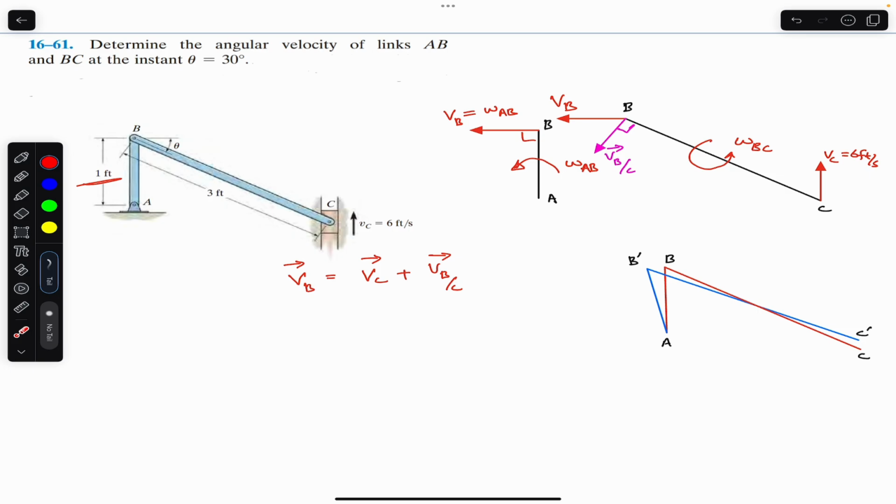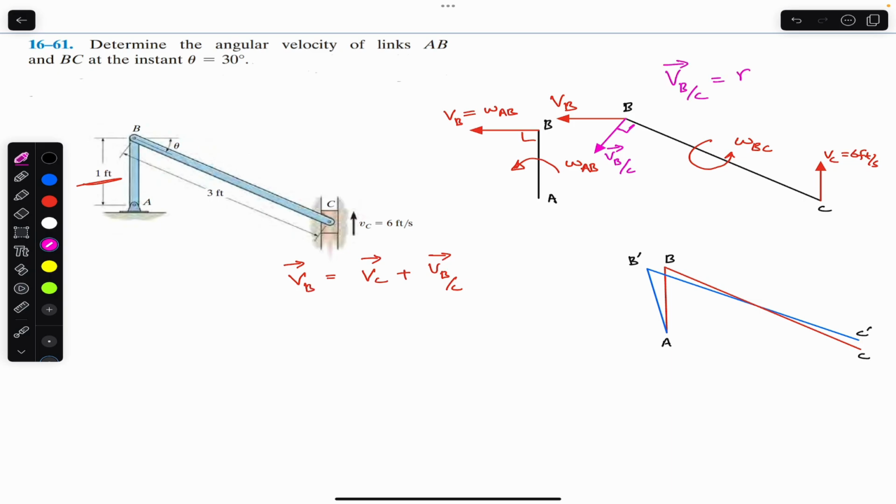Now, just like the velocity of B, since this velocity of B is only due to the angular velocity omega AB, its magnitude was r times omega AB. Similarly, this velocity of B relative to C is only due to omega BC, so the magnitude of this velocity will be equal to the length of BC times omega BC, since this length BC represents the radius of that circular path about which point B is moving relative to point C. So the magnitude of velocity of B relative to C is equal to